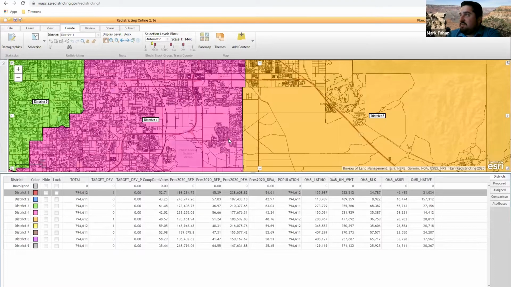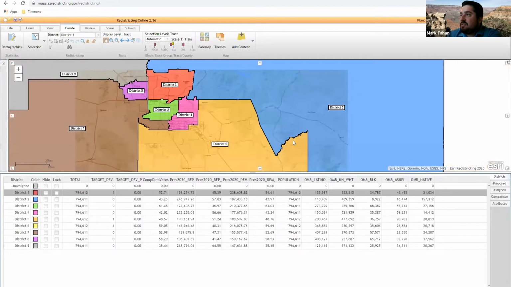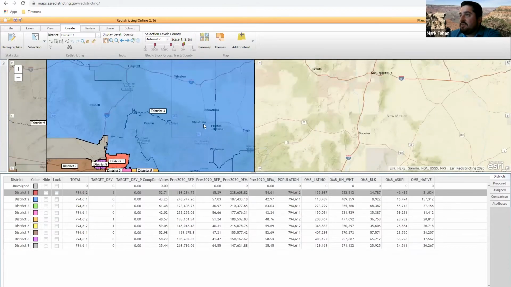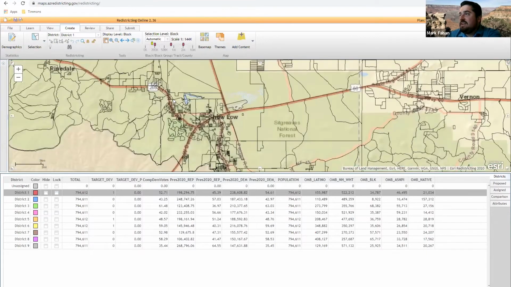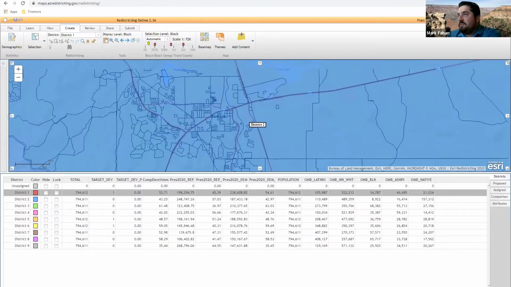I have now saved the plan, so it's mine. So now I can start to do anything that I want. We've been talking a lot about Phoenix and Tucson. Let's go out here to, say, the Sholo area, be a little different, and say I want Sholo to be